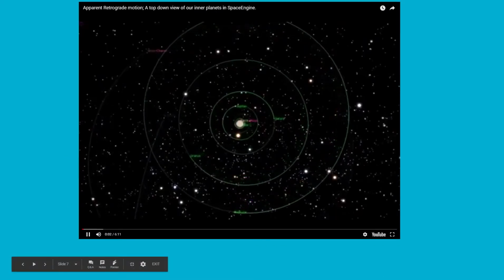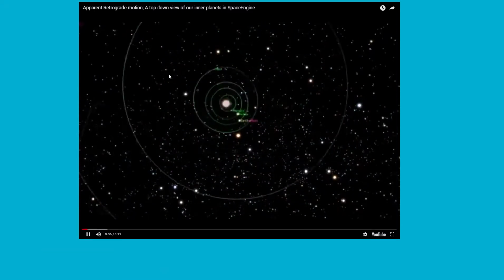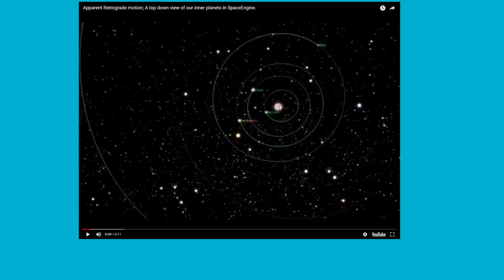And we can't blame them. Our solar system is super confusing looking. Like, if these light rings are all the orbits of the planets, here's the sun, and then these are the planets moving around the sun. Check out how complicated this thing looks once you take these rings off. This is the motion of our solar system.